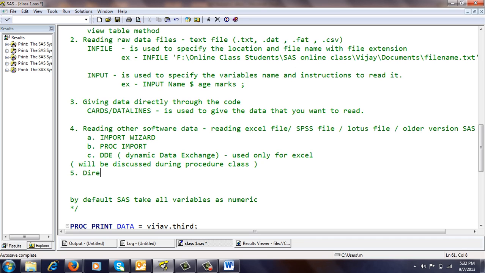Fifth one is directly using other software data. Means we are not going to read the data, we are just going to use their data.